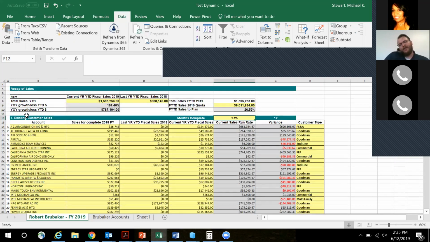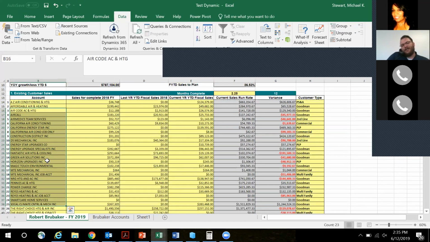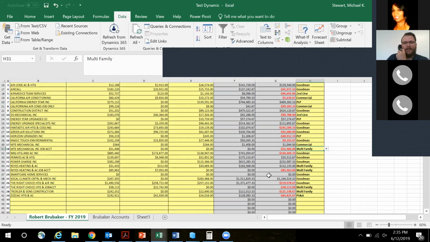Now just so you look, this is the first thing we went through, this existing customer sales. This is every account he has. This is not just new business. This is every account he has. It's going to give him a good view of how his territory is performing. He went through here and changed the customer types to reflect what they're really buying. Like this AZ air conditioning is mostly PSNA. They're buying 124,000, but it's all PSNA. This is a Goodman, are we second line? Are they PLP? Is it multifamily? And then this will give you,